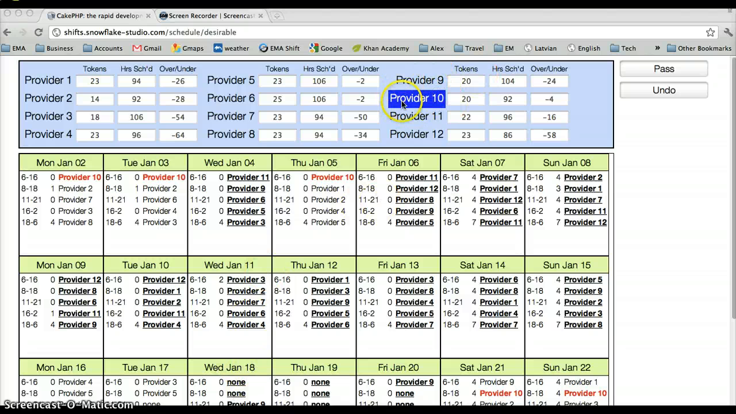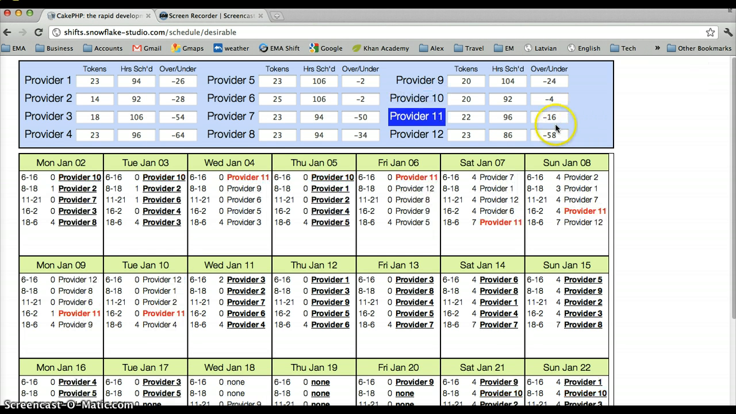Now we're at provider 10, who has earned 20 tokens. He's scheduled for 92 hours, and he is only 4 hours under for the entire month. So I've set up the game so that once you're -5 or better, then you can pass with no cost, meaning you're so close to your goal that we do not force you to go too much above your goal. So if we did force him to take a 10-hour shift, then he'd be 6 hours over, but now he's -5 or better, so he can click here on pass, and the turn will go to the next person who is still not -5 or better,